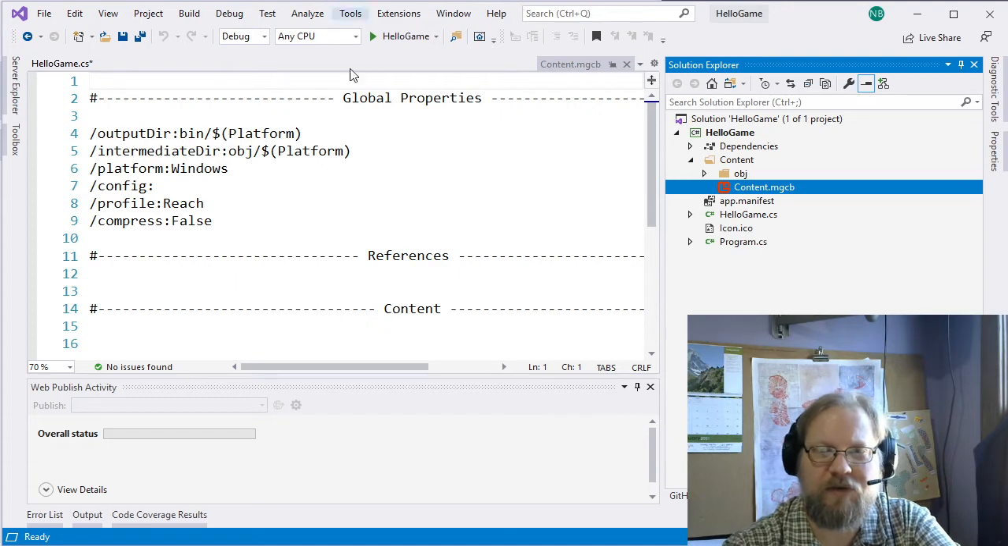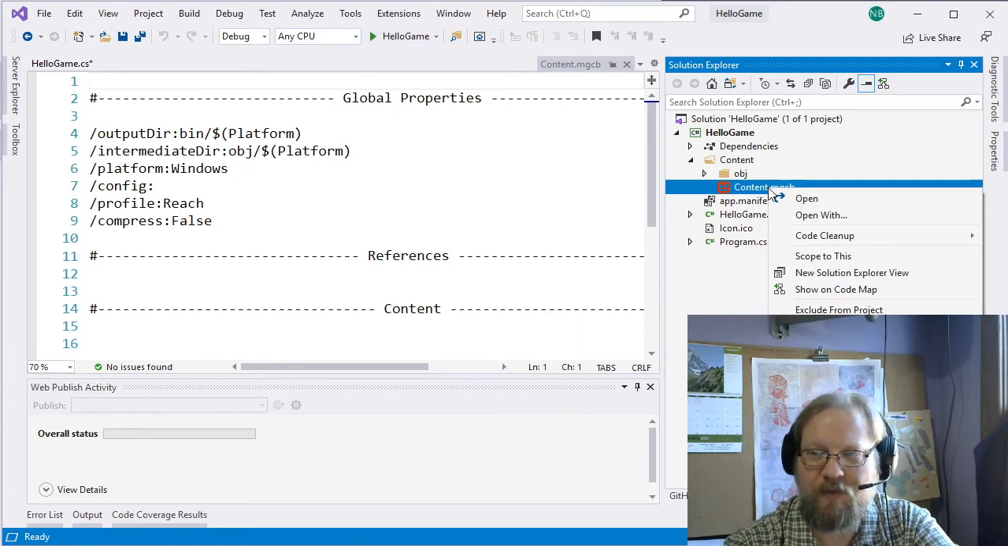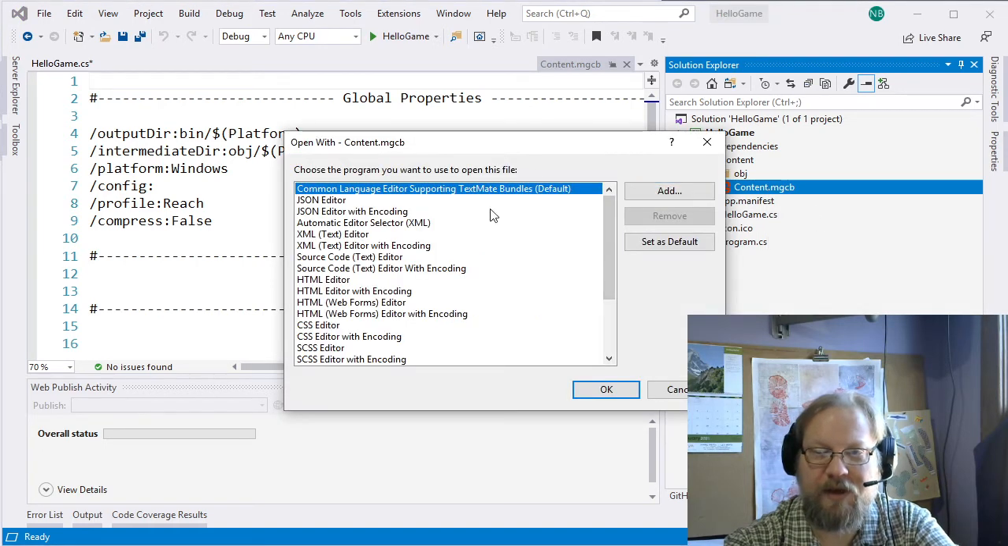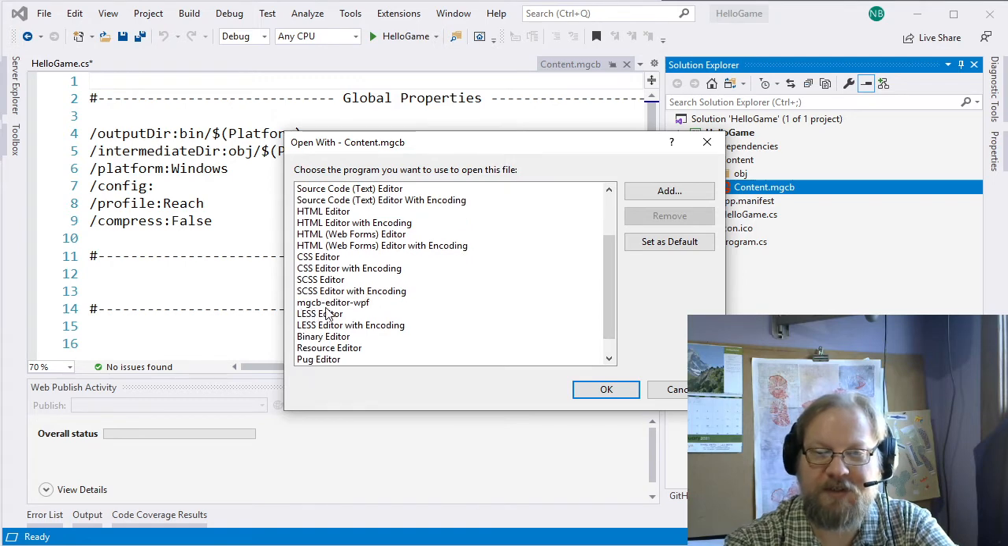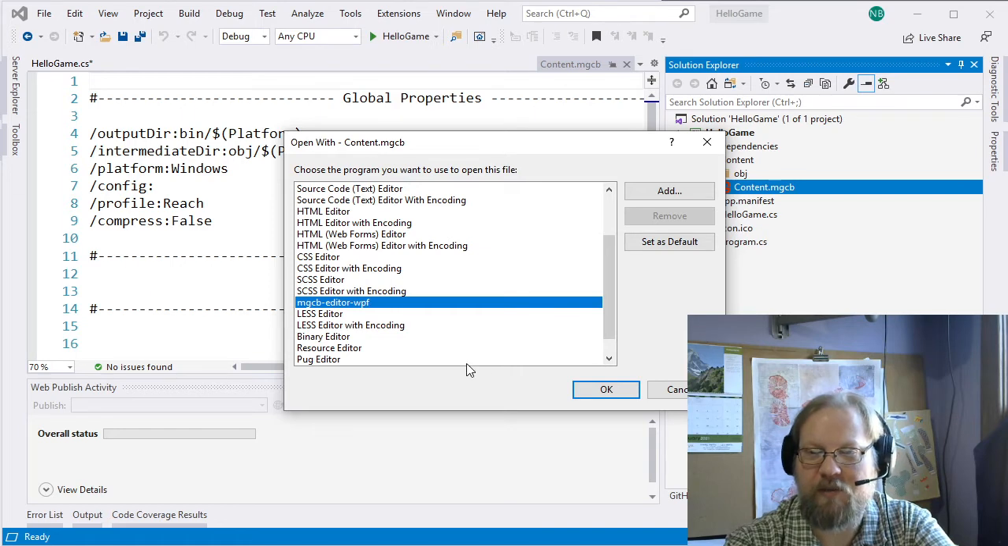So we need to add new content to this. Now when we do that, we could type in a whole bunch of text commands, but they also give us a nice graphical editor for doing this. So if we go ahead and click on that and go to open with and scroll through our options, this MGCB editor WPF is written for us by the MonoGame folks. It's built on Windows Presentation Foundation and it's really easy to work with. If you don't have that option here, then you need to install it and register it. So go back to the documentation for MonoGame or the lesson notes below and you'll be able to find the instructions for installing that. So if we go ahead and click OK,